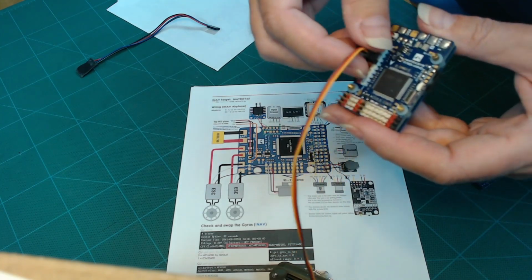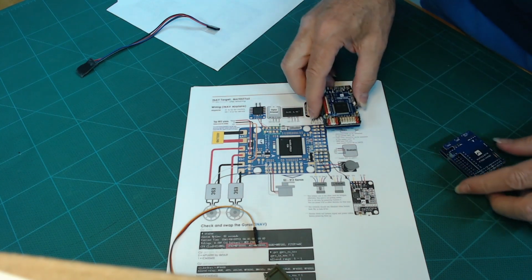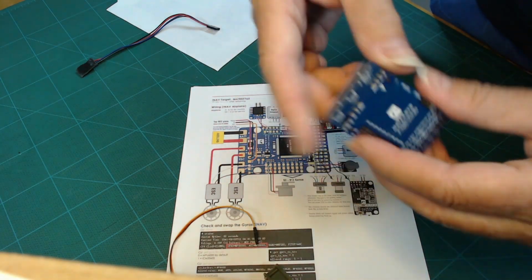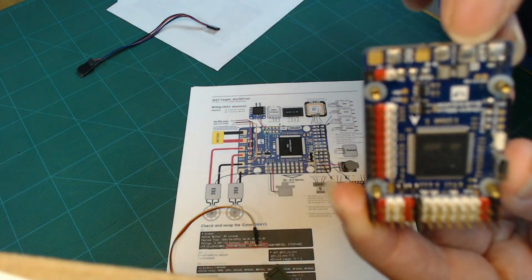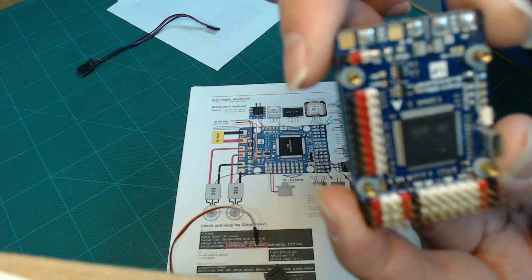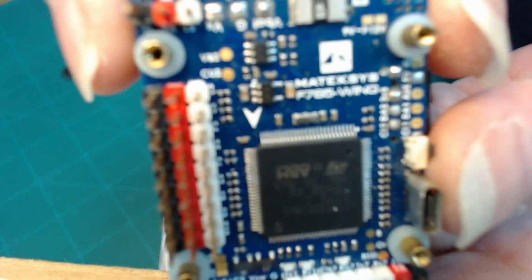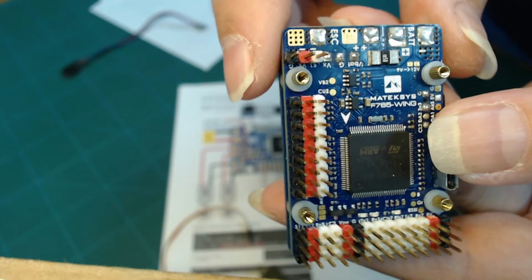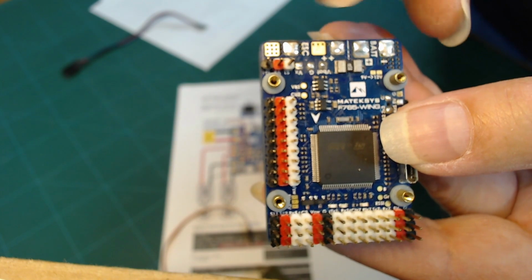So these pins make it convenient for plugging and unplugging things in if you don't want to solder directly to it. You can solder directly to the board if you want, and in fact you'll wind up having to solder your ESC connection here. So this board was wired up at one time to an ESC. Boy, this is hard to do. Okay. So your battery will connect here,